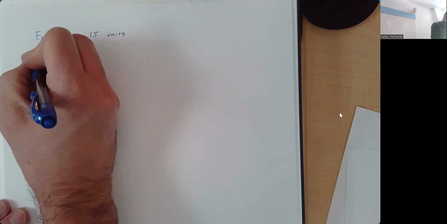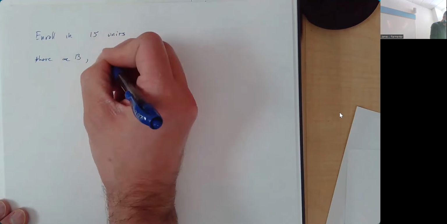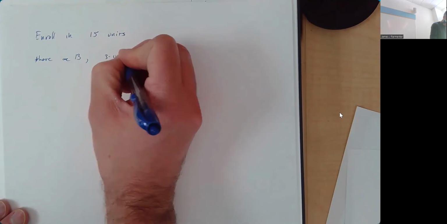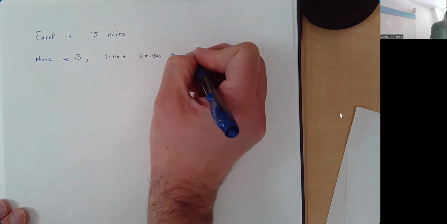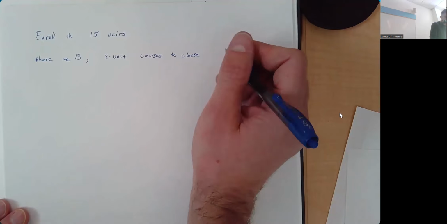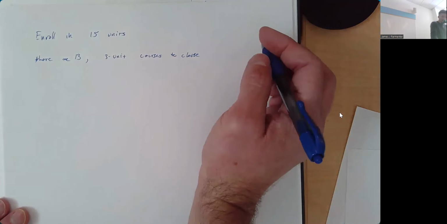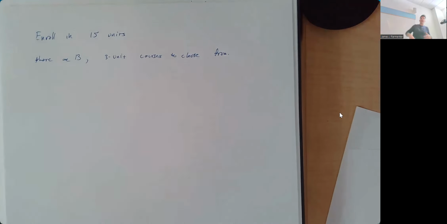and there are 13 3-unit courses to choose from. So of those 15 units, how many courses do we have to pick to meet that? Right, we need to pick 5 courses out of how many? 13. That's the point, we're thinking about how to choose 5 out of 13, because the